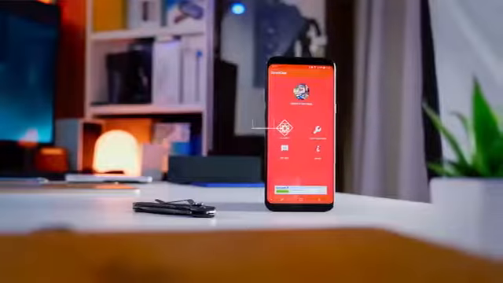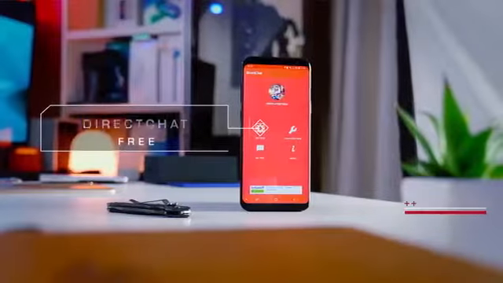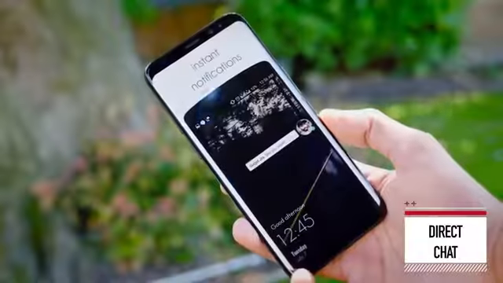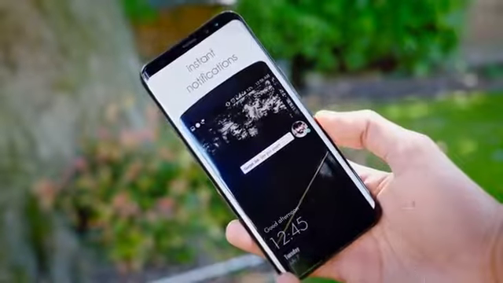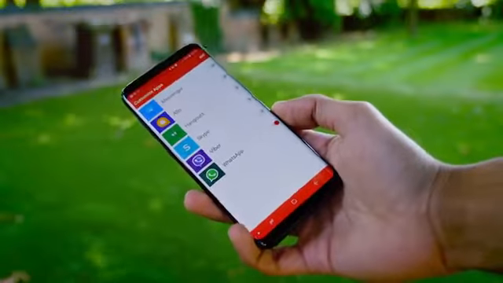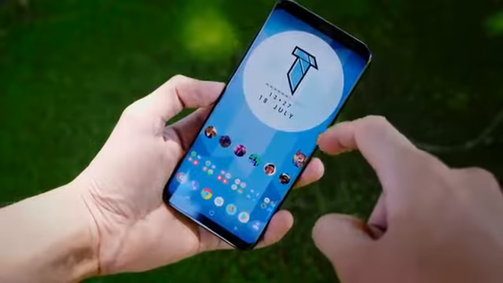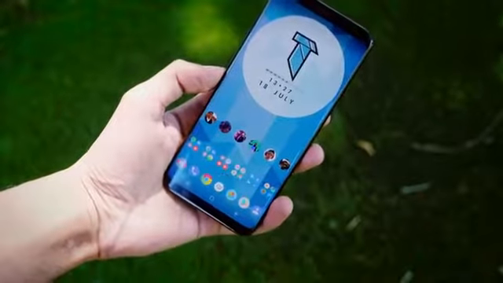And so again, something I've featured somewhere in the past, this is Direct Chat, and it's particularly useful for WhatsApp. So the same bubbles you see on Facebook Messenger can also be enabled for other applications such as WhatsApp. And this just gives you a little bit more freedom to use full screen apps at the same time as